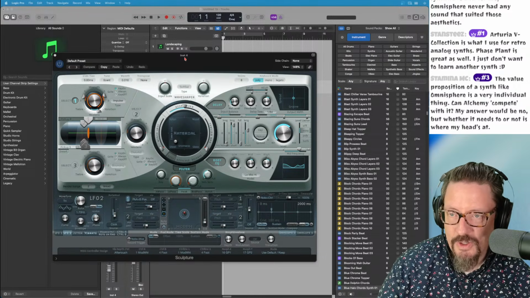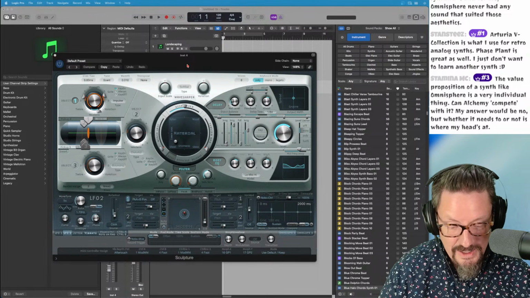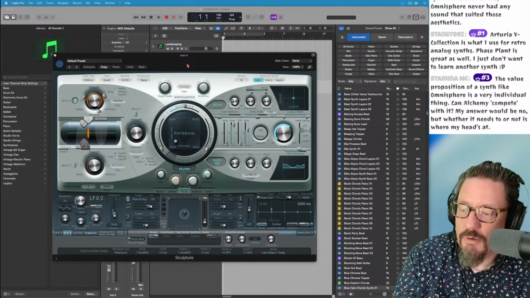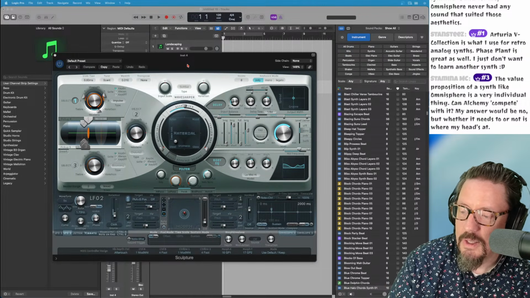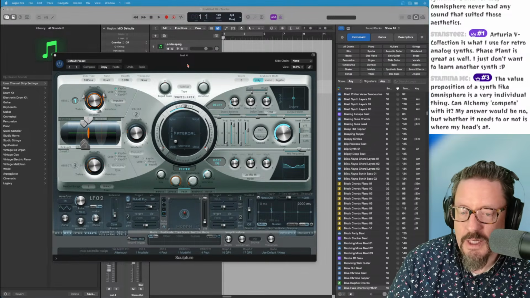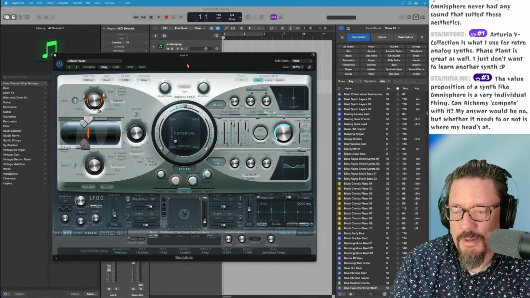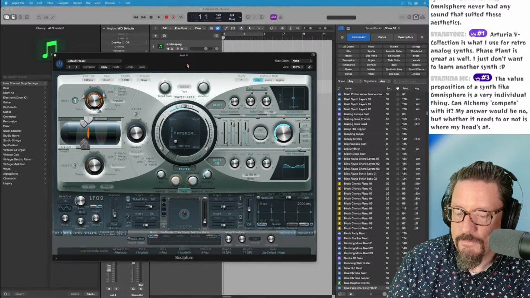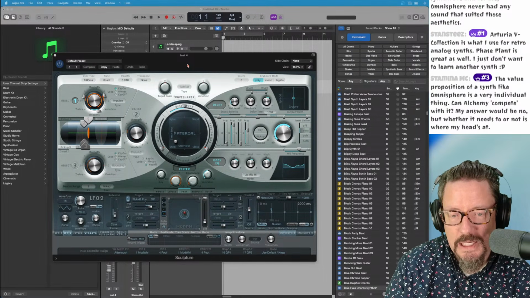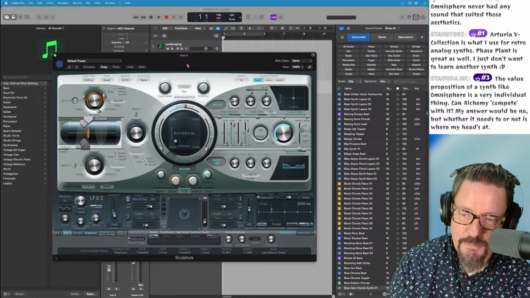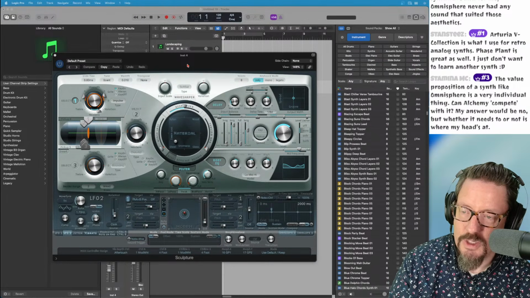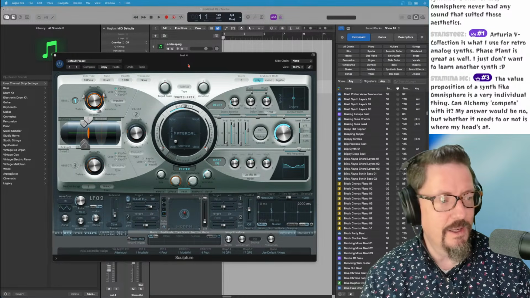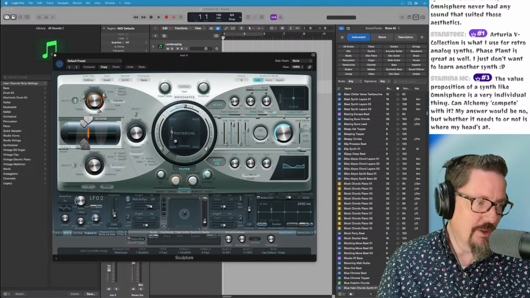I think Omnisphere 3 looks great. I actually have written them and said, hey, send me a copy so I can do a full actual comparison on my channel. And I'm not hearing anything back from them. That's okay. They're in the middle of a busy release week. And yet I hope they do, because $500 is not something I'm going to buy a software instrument for and then make a video on it and then just never use it again. That's not very practical in any way.